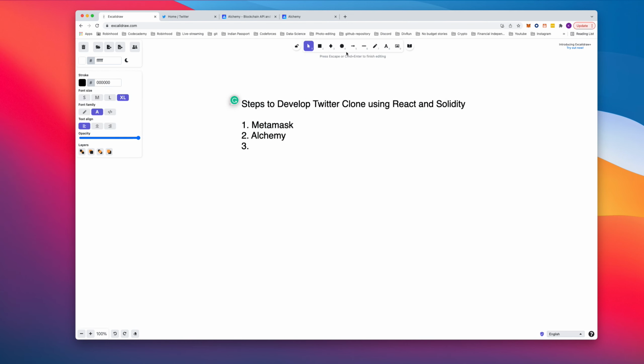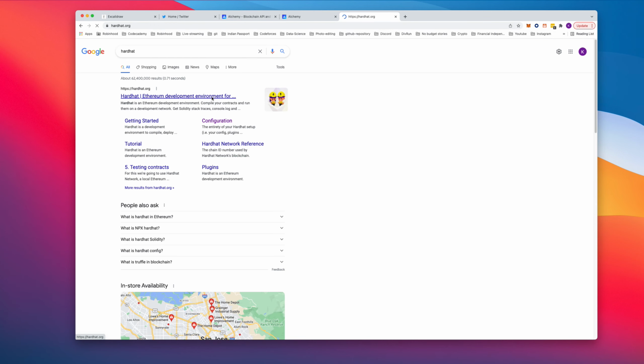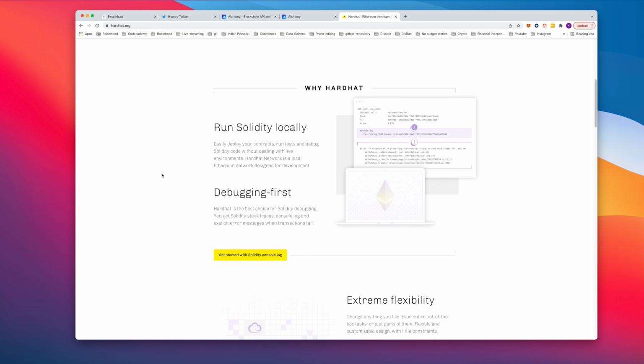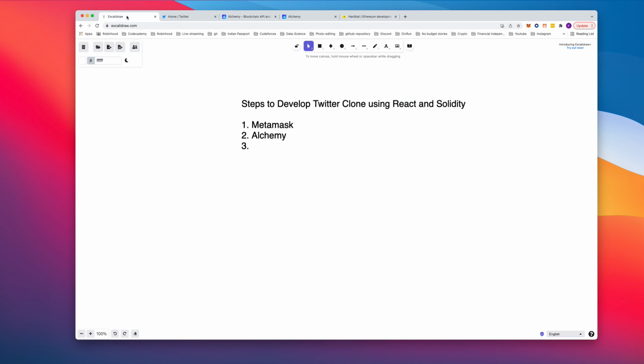Now the third we need is Hardhat. So Hardhat is a Ethereum development environment. It provides us with all the tools that we need, in order to deploy our contract, even unit test our contract and write our contract, which is a smart contract in Solidity. So we need Hardhat, and once this is done, we would actually create our smart contract, right? So we'll start with the backend because our backend should be ready,